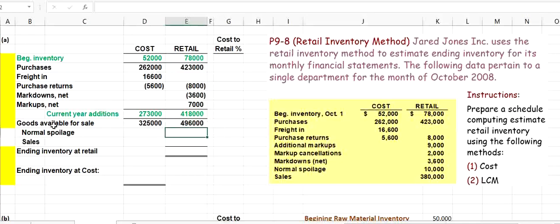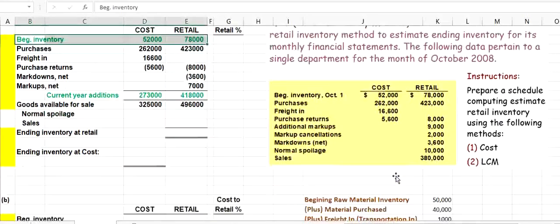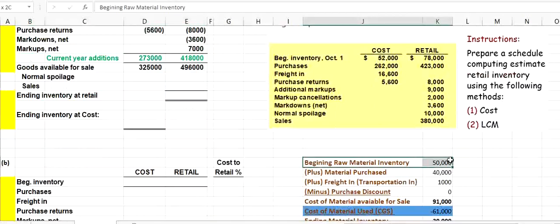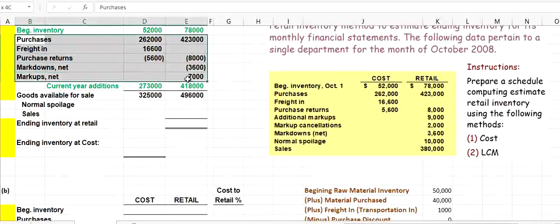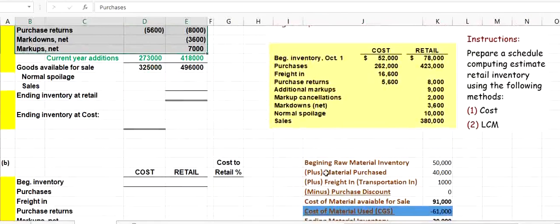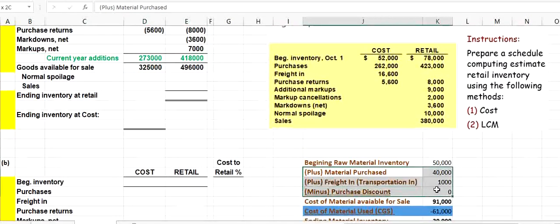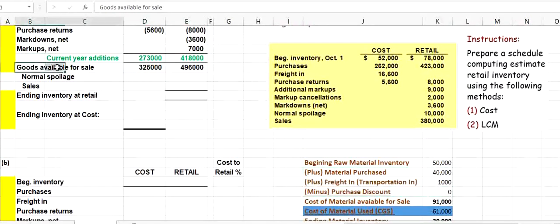Now let me compare this. This green line is this one. Then purchase, freight, purchase return, markup, markdown. So markdown and markup are an extra thing in this method. They will only be in the retail method. This portion is followed by goods available for sale. So that's this one, cost of goods available for sale, and after that we will have cost of goods sold